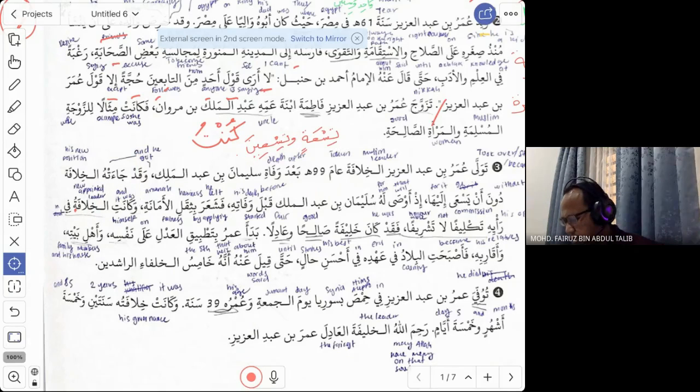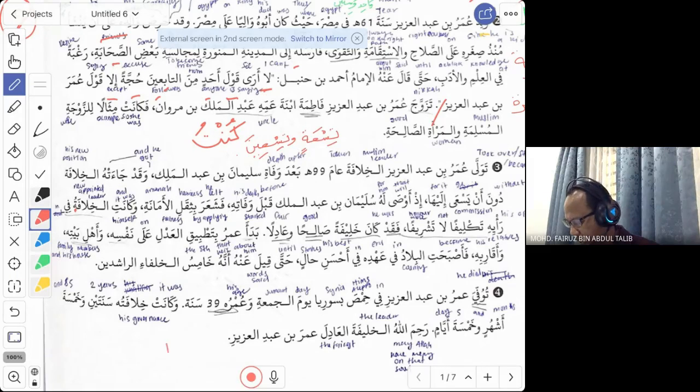Okay. Qad here is not he got, no. Ja'athu, literally it means came to him. So al-khilafah came to him. The position of khalifa came to him. So it is not that he was the one who wanted to be khalifa, no. So the position came to him, and this word waqad is to say indeed. Indeed, you say qad. So in Arabic, there are various ways to emphasize the sentence. One of them is using qad. Sometimes you see the use of inna.